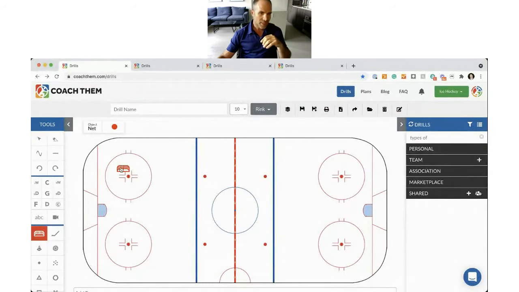Also, we want to eliminate a lot of the clicks, and I'm thinking we've probably eliminated about 50 clicks per drill. Usually in the past, you would have to go to the selection tool in order to rotate it. Not anymore. Even in the net tool function, you're able to select it.